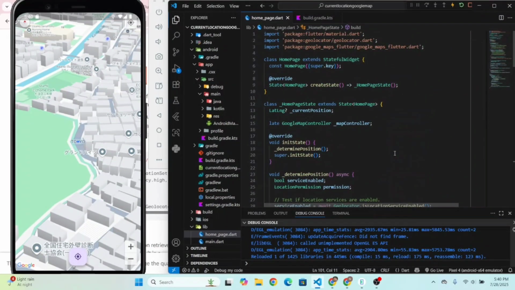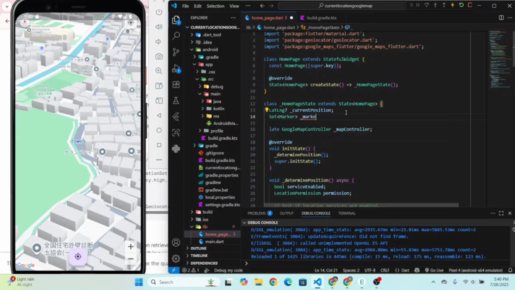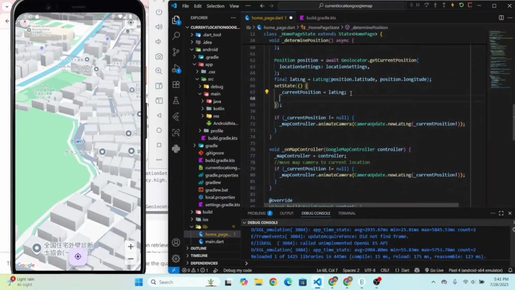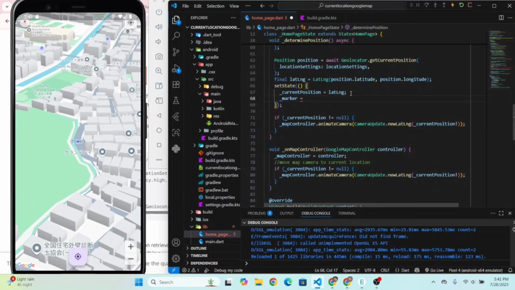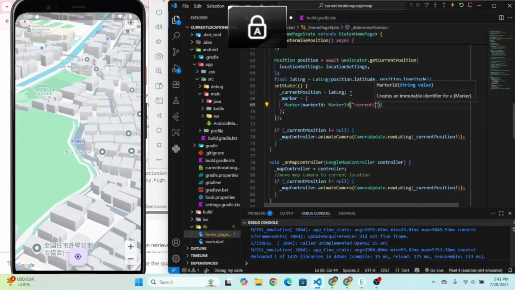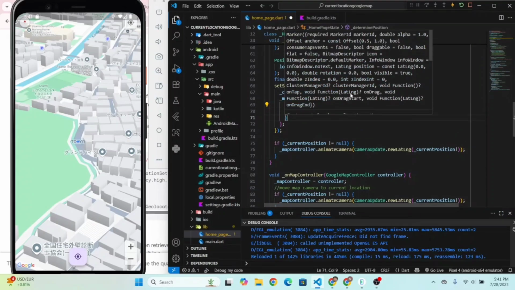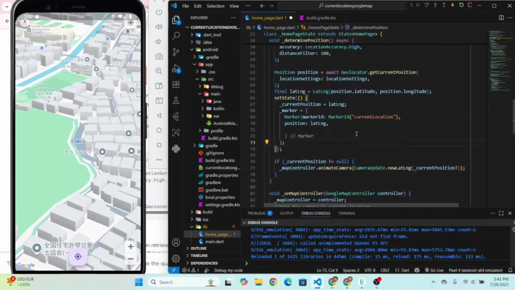Okay, let's set the marker also. Come up, and here let's define the marker. Let's say the marker, let it be blank like this, and come down. Change the state here with this marker. It contains the marker ID. Give it, let's say, current location, and let's give the position. We define the position here,